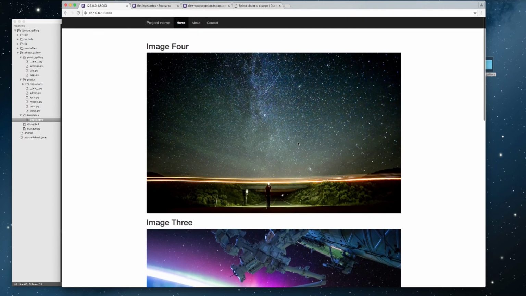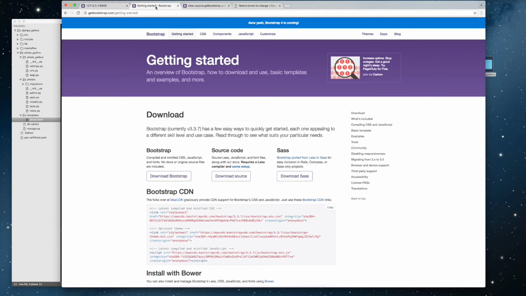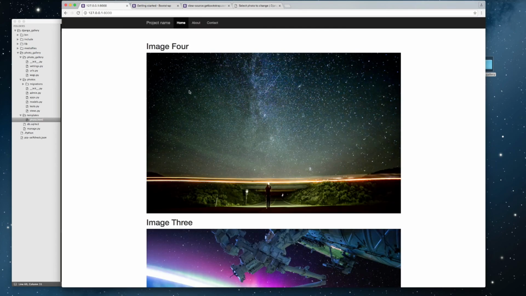Of course you can make changes into this, like if you want to add users so they can upload their own images and share it, you can do that. Or if you want to use it as your own personal blog, you can do that as well. And if you want to change the templates, you can do that. Just go to Bootstrap and read their documentations, or if you know CSS or JavaScript, then you can make your